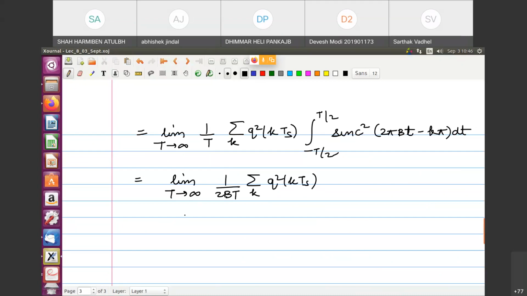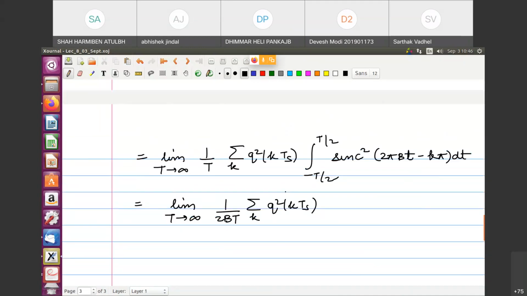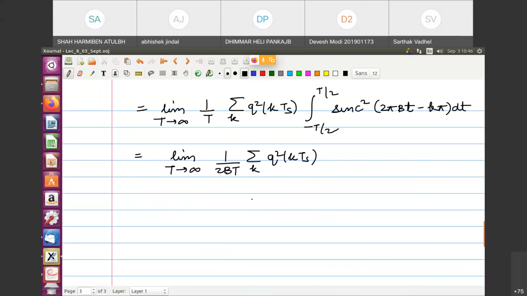So this T is going to infinity, and this is a summation of all the q terms, let us say the error terms, the individual errors in the samples. You take the sample minus the quantized value, and you are summing it over infinitely many values, divided by something which is also tending to infinity. So how do you evaluate that?